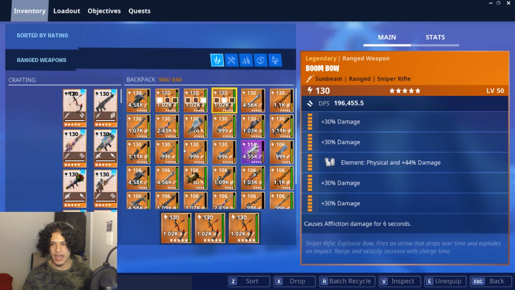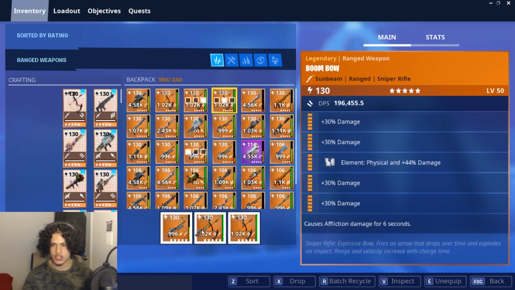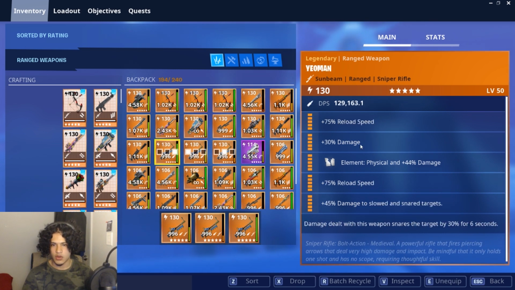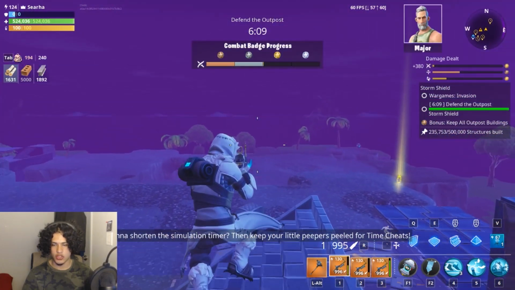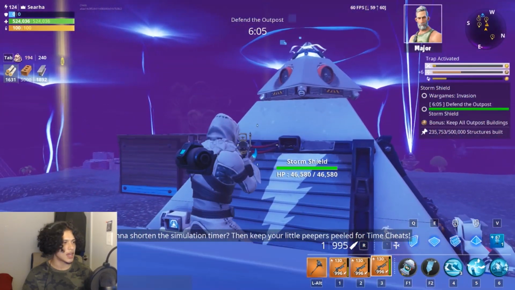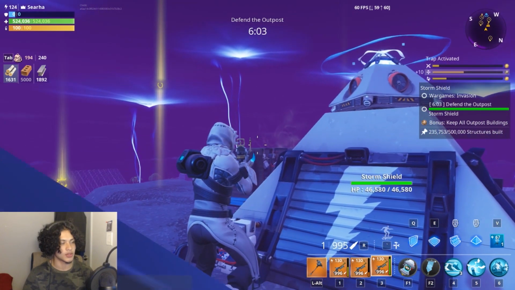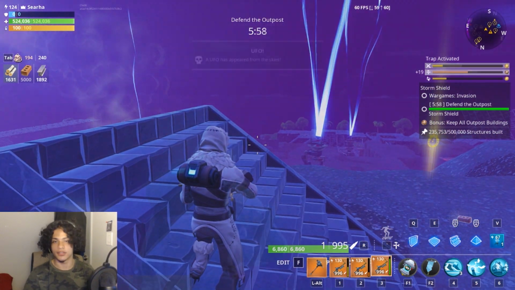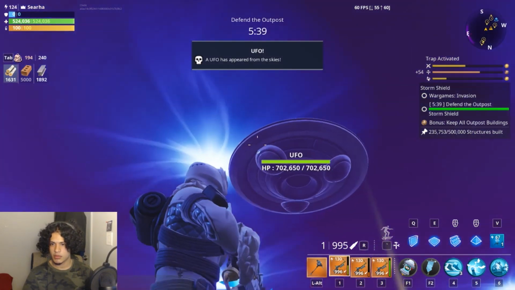So I luckily have 2 yeomans with 2 damage, and then 1 yeoman with 1 damage and 2 reload speeds. So I do the 2 yeomans and then the yeoman with the reload speed. So let's see how much damage that does against the UFO, because the boom bow, well, it just wasn't that good. Alright, the UFO is here, but I can't see it,